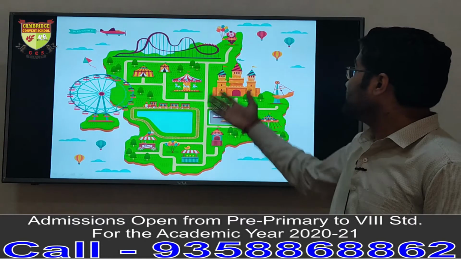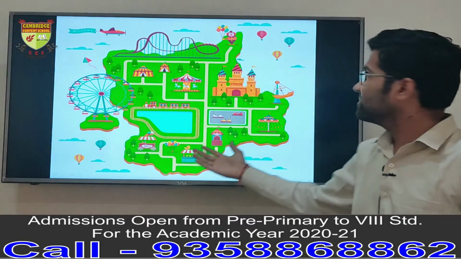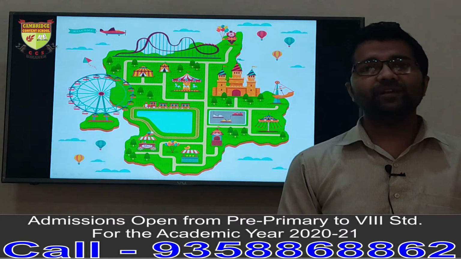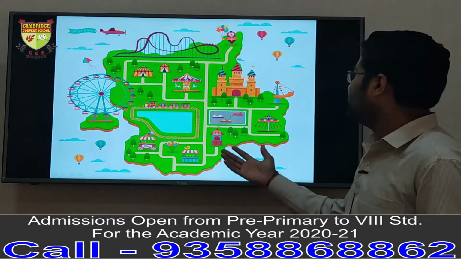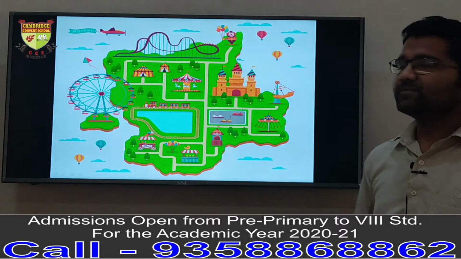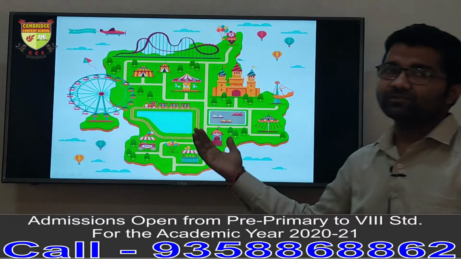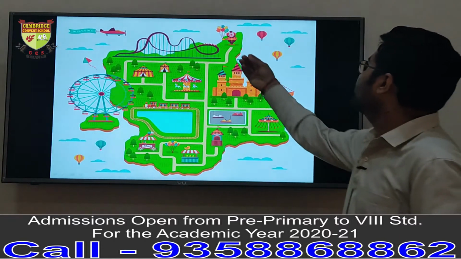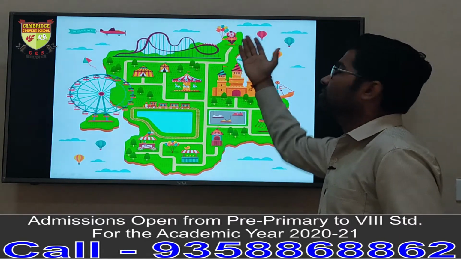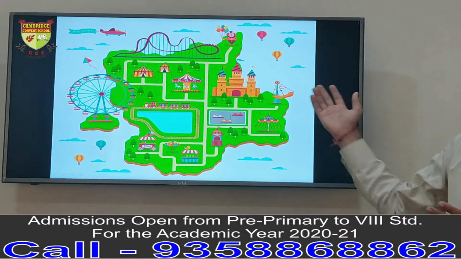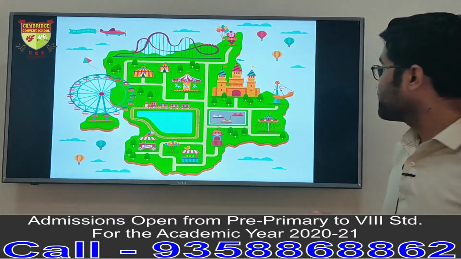Now as you can see in the picture, here is a picture of an amusement park. What is happening here? If you visit an amusement park, suppose you are standing at the ice cream store and you want to purchase balloons and visit that Joker, what will you do?